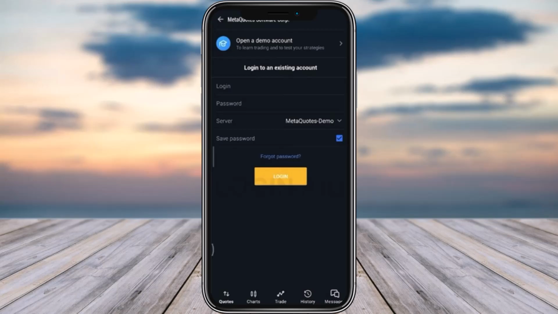Go ahead, add in your password, add in your server, choose your server by tapping on the drop down icon, and save password so next time you don't have to add it in. And in case you have forgotten your password, tap on this forgot password and you will be able to log into it. Otherwise, that's how you can simply log in and get your MetaTrader 5